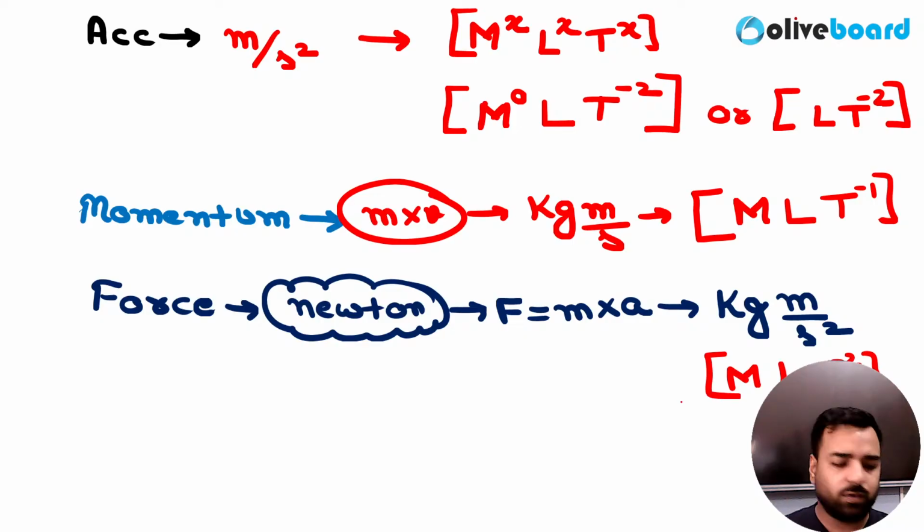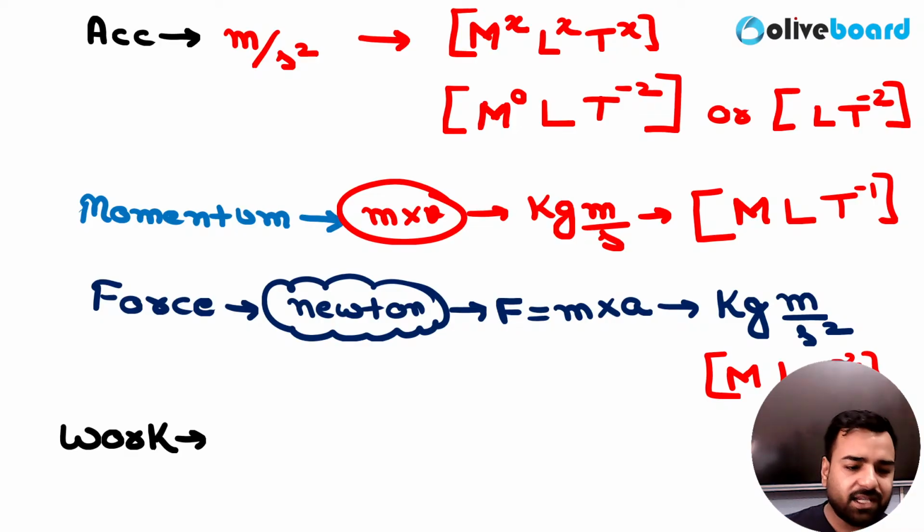So let me check how many of you have given the correct answer. So Kotesh with M L T minus 2, that's correct. Veshu, Gauze, Blessy, Adi, Aviral, and Nani. You all were correct, guys. Perfect. So it's time to go with the final question. And this time I want to know the dimension of work. Please help me out, guys. I'll be very happy if you all are able to answer this correctly. And I guess you all can answer it easily. Everyone, please give it a try.